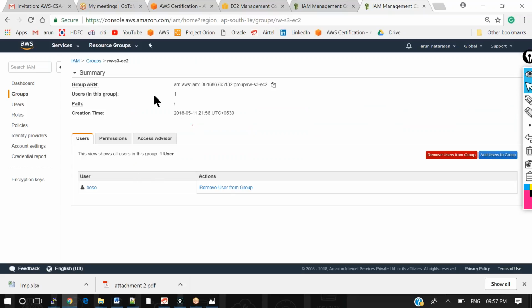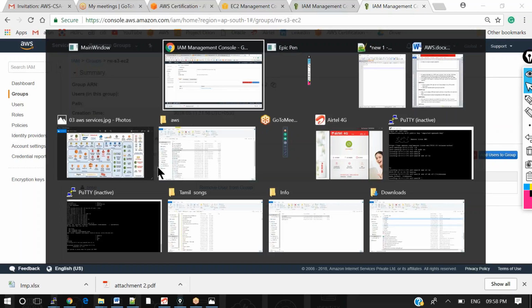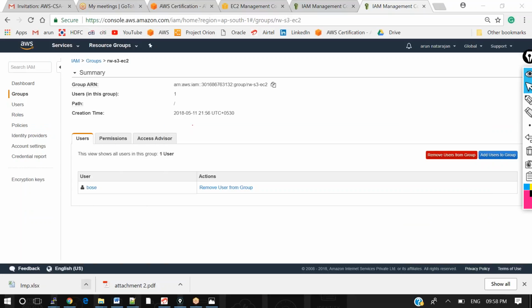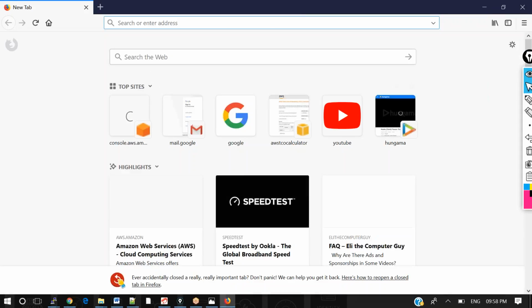The group called read write S3 and EC2. Since I have added the user boss to this group, I'm going to log in as the user boss and check whether he has access to EC2 or not.